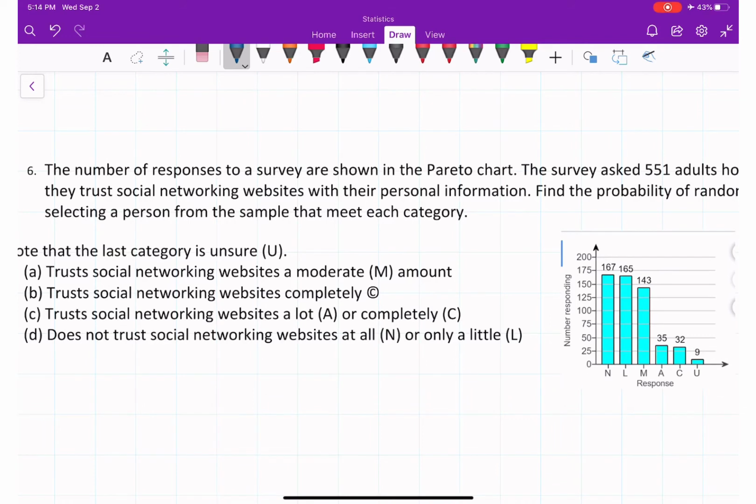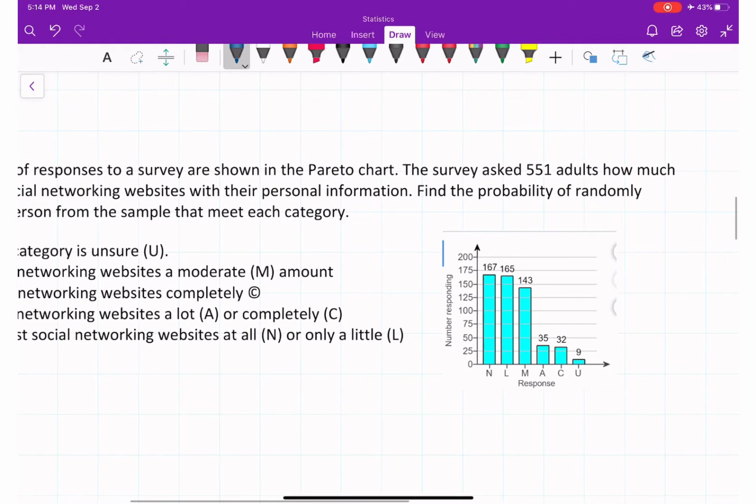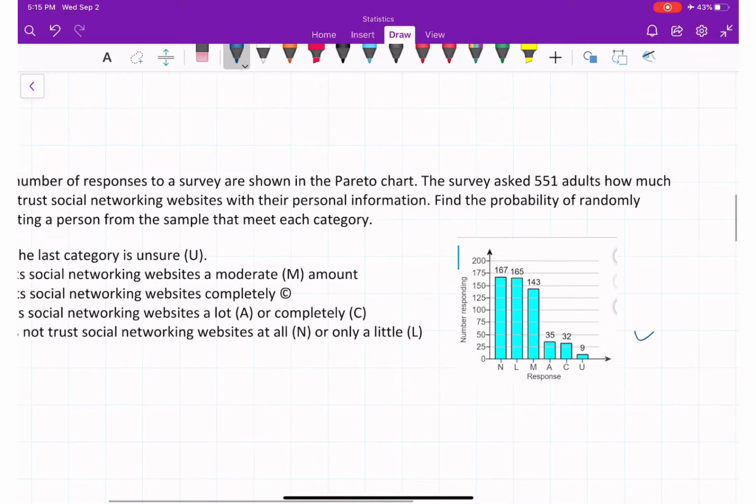The number of responses to a survey are shown in the Pareto chart. Here is a Pareto chart. What's the difference between a bar chart and a Pareto chart? It's the same as a bar chart, with one difference. A Pareto chart is always placed in descending order, starting at the maximum and going to the minimum, while a bar chart is placed the way it is, in the order you receive. So the survey asked 551 adults